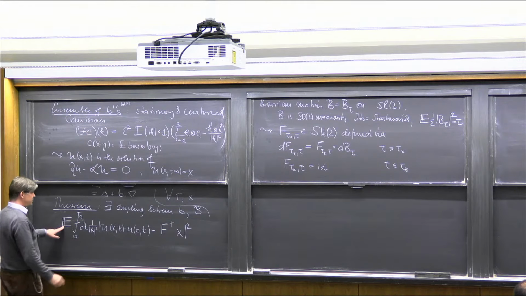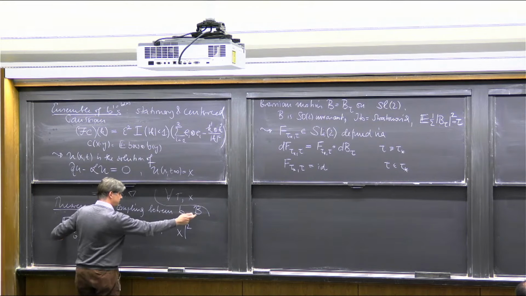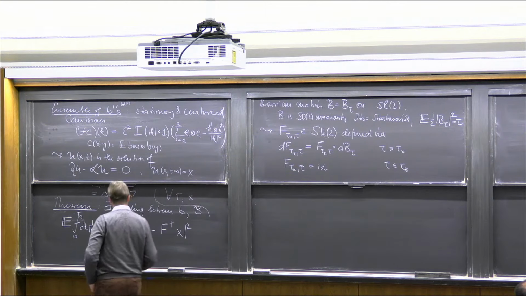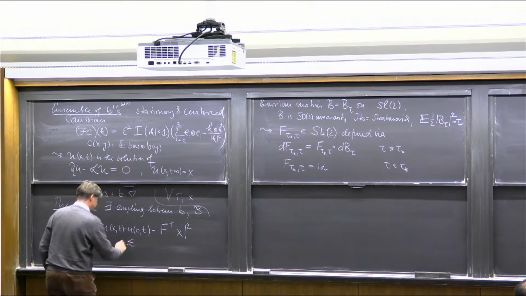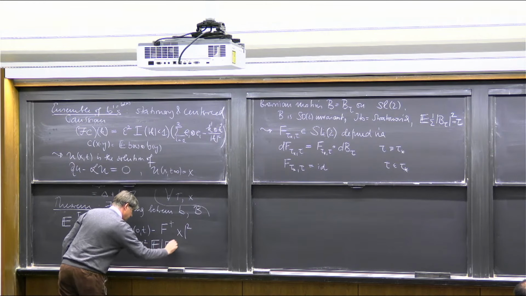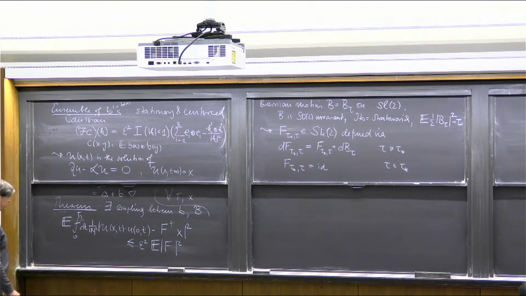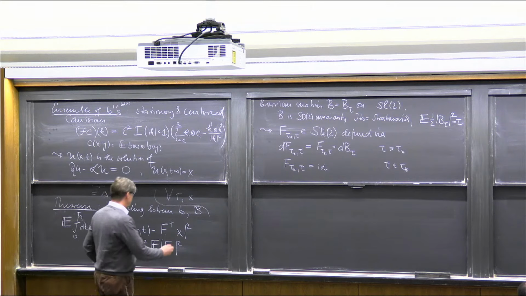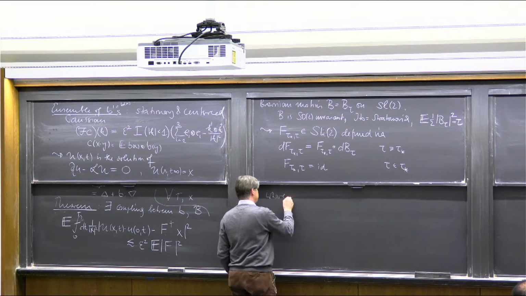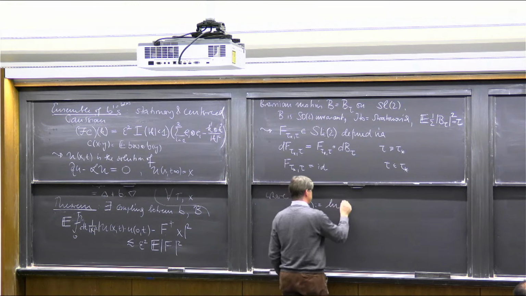So that's the expectation both with respect to the environmental noise in the drift B and the coupled driving force, thermal noise in this Brownian motion. Then this is up to some universal constant less than epsilon squared times the expectation of f squared. And now I have to fill in these times. So there are two times where I need the definition tau of s is equal to the logarithm,